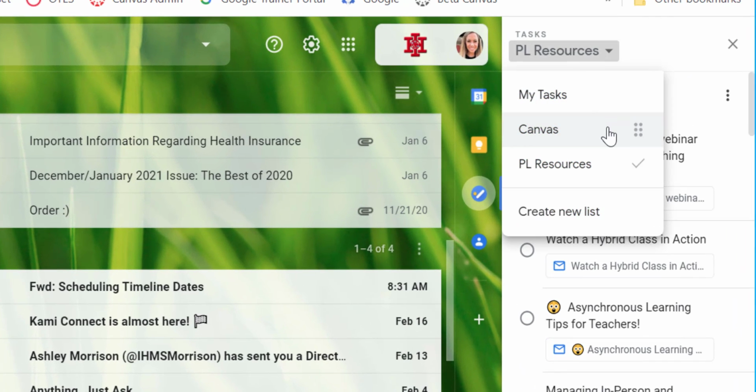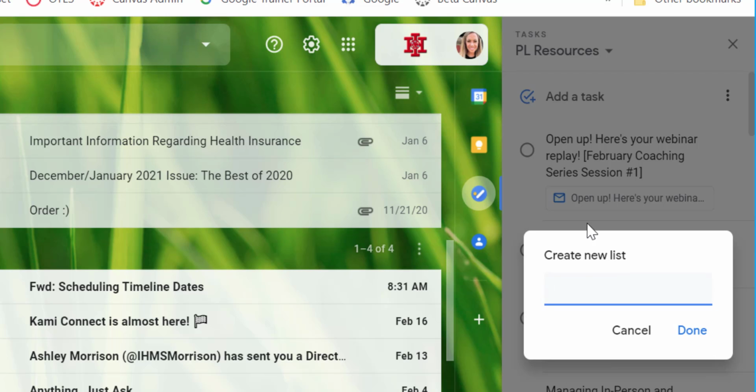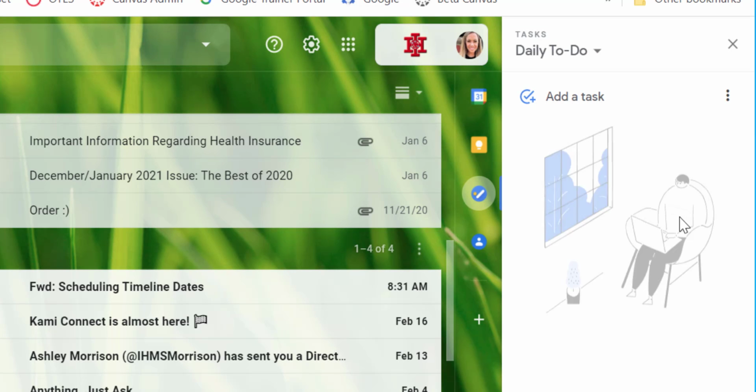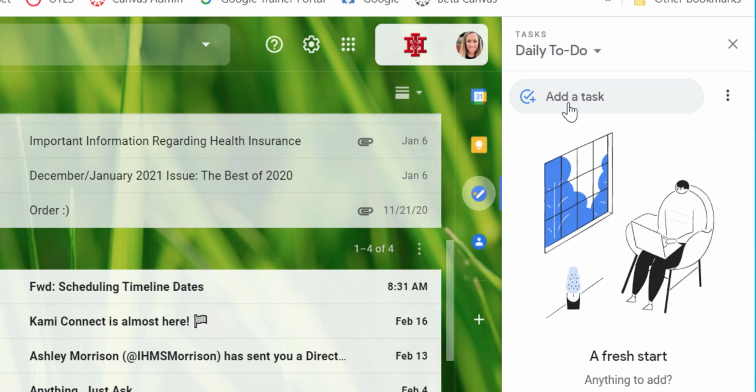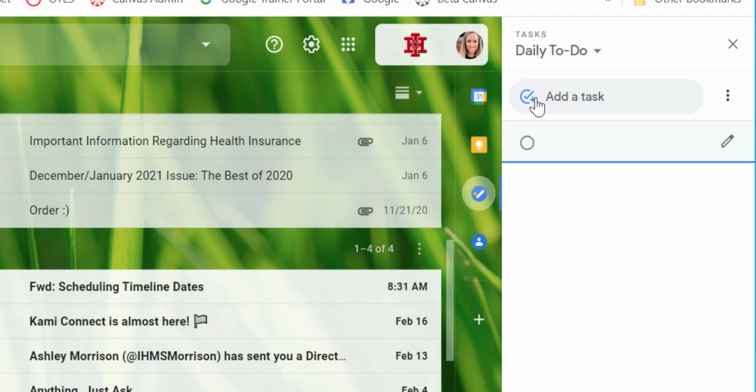I also have a Canvas list or a My Task list. I can also create a new list. So I'll say daily to do. So in there, I can add tasks two ways. I can add them from my email inbox, or I can simply type one in, just like you would a to-do list. So if I press add a task, I can say work on Lunch and Learn presentation